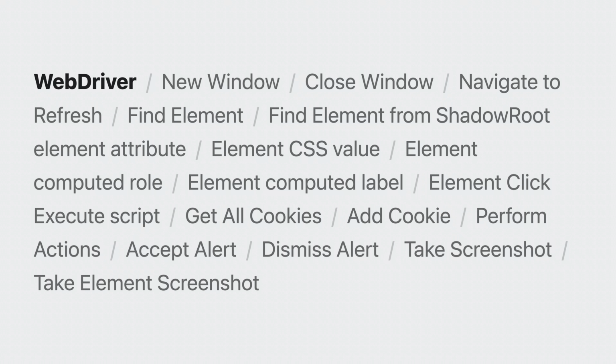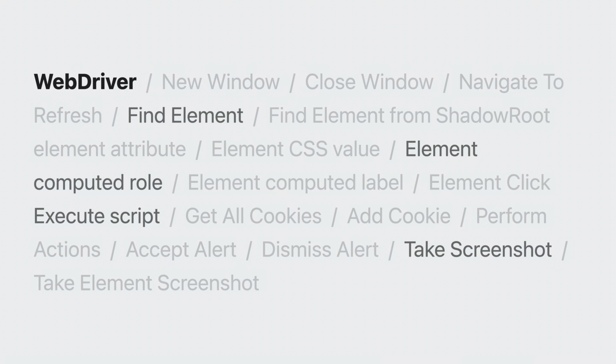browser-specific code. It hosts a local web server that accepts HTTP requests, so it can accept automation commands from a wide variety of test setups, and provides numerous commands you can use to run automated tests against your web page, like finding an element, getting the accessibility role of an element, executing JavaScript, and even taking screenshots. Most of the time, you'll interact with WebDriver using a third-party library. One such popular library is Selenium, which provides API in Python, Java, PHP, JavaScript, and more.